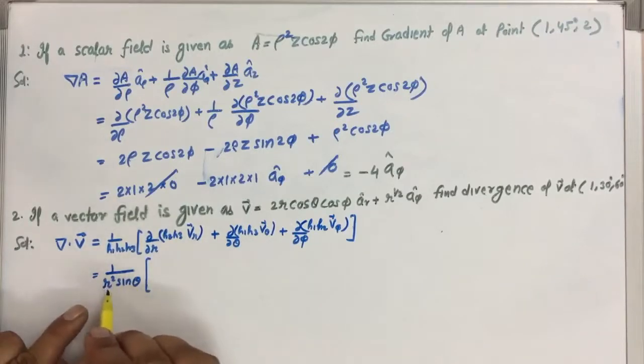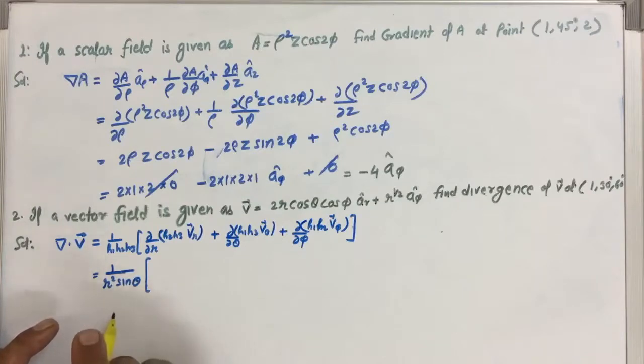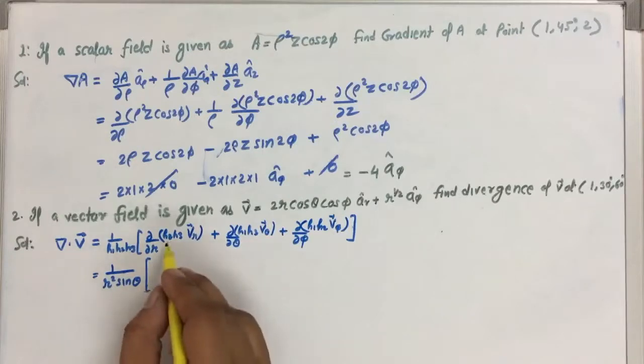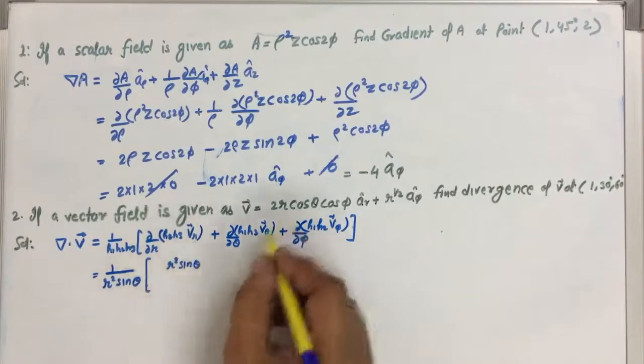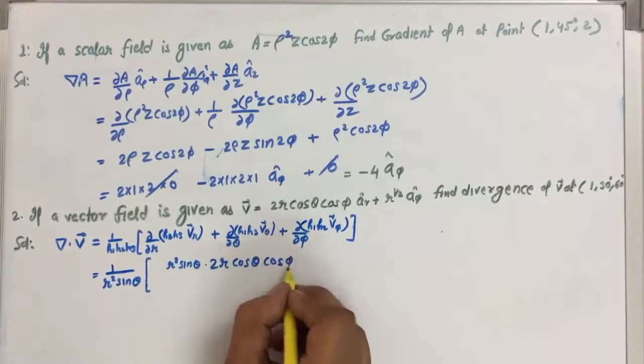I am writing this from the previous table that is formed for u, v, w and h1, h2, h3 in different coordinate systems, and in the spherical coordinate system h1 was 1, h2 was r and h3 was r sine theta. So on the basis of that, h1 h2 h3 multiplied gives r square sine theta, and h2 h3 is r square sine theta, and Vr is 2r cos theta cos phi